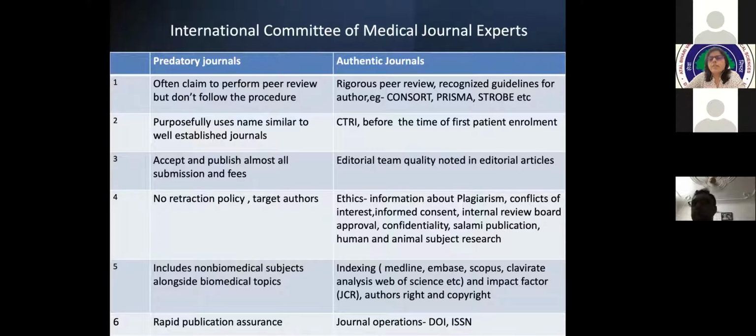They will even ask for the clinical trial registration number, and this number has to be obtained before the time of first patient enrollment. And even by your own experience, once you go through the editorials, the quality of the editorials will tell you the authenticity and the quality of the journal.